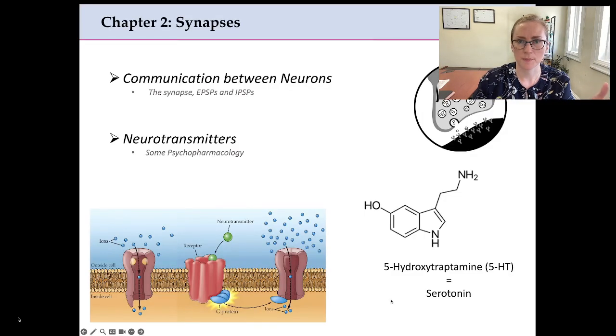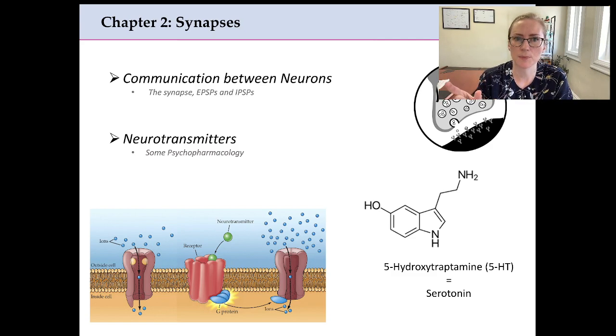Okay, so synapses. So far we've talked about electrical happenings: the action potential, changes in ions going in and out, causing membrane potential changes. If we reach threshold of excitation, then it fires an action potential. So today we're going to zoom in on the synapses when that action potential reaches the terminal buttons and releases